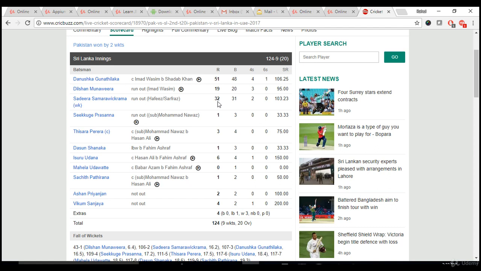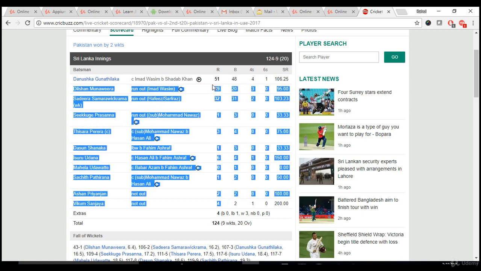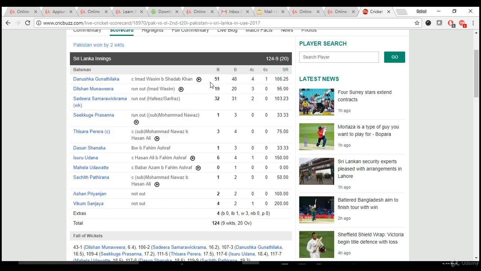51, 19, 32. You need to get that from your code. One bad way to do that is to spy on it here, take the get text 51, and write a locator to get text 19, 32, 1. So for 10 runs, that means for 10 batsmen, if you want to get this score, you have to write 10 locators and get the value. But that is bad practice. With a single for loop, you have to grab all the values. That's the way we code in real time.